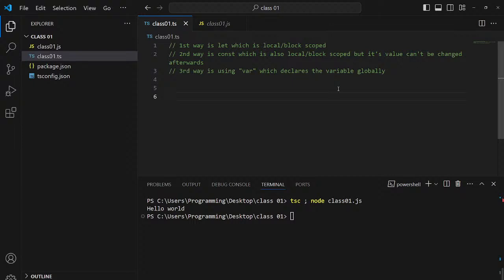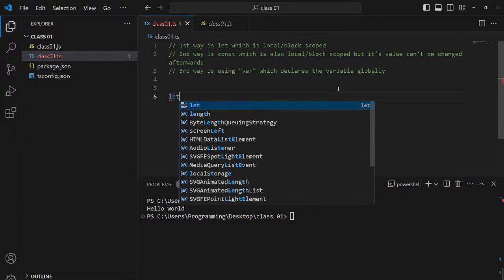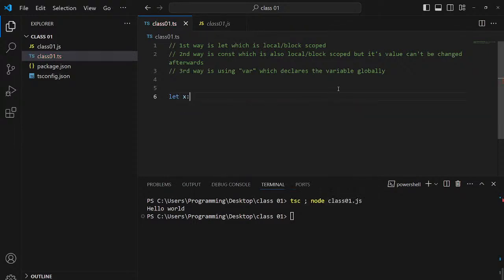Suppose we have a variable named x, so let's do let x. We're going to give it the type number. You have to give the type, because it's TypeScript.